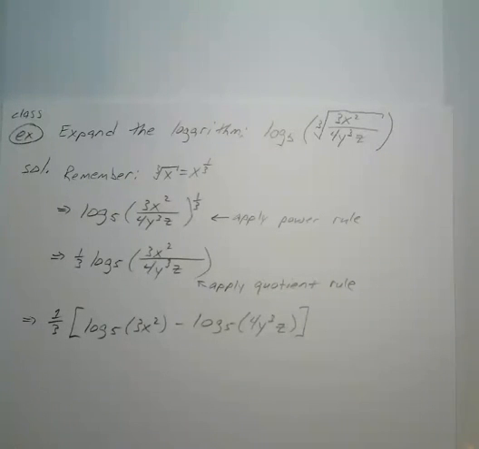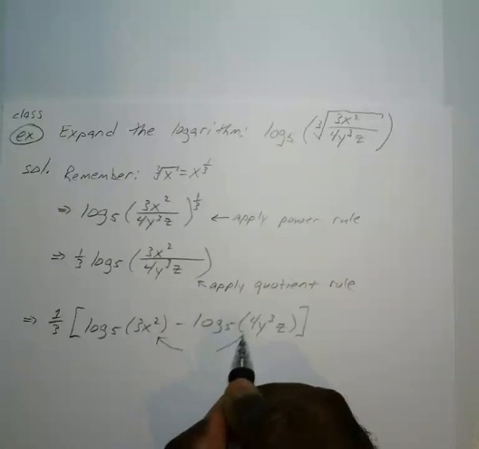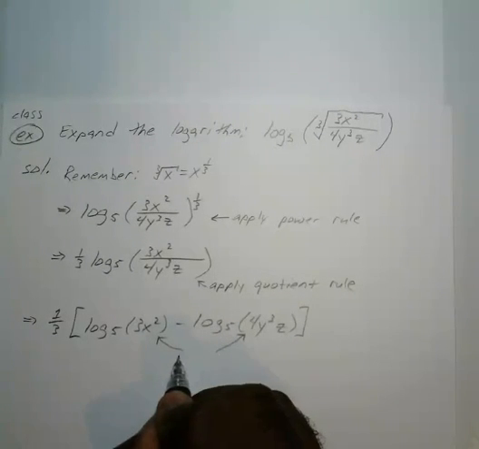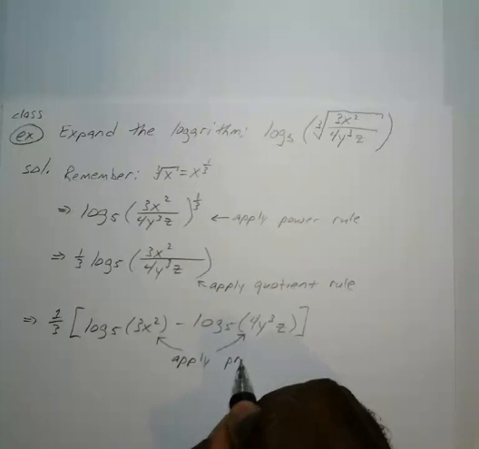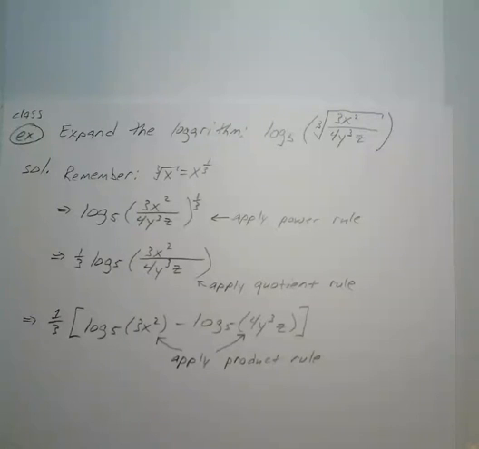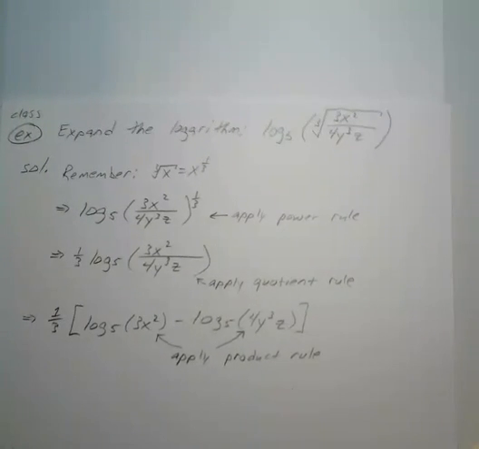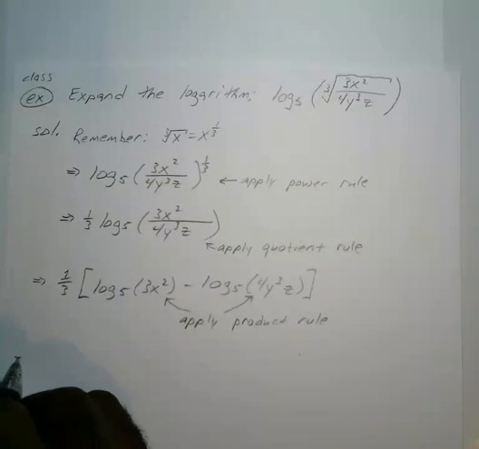All right. So you can see here we have factors, 3 times x squared, and we have 4 times y to the third times z. So since we have factors inside of there, we just apply the product rule of logarithms. Okay, so once we do that, move that up a little bit, we will end up with